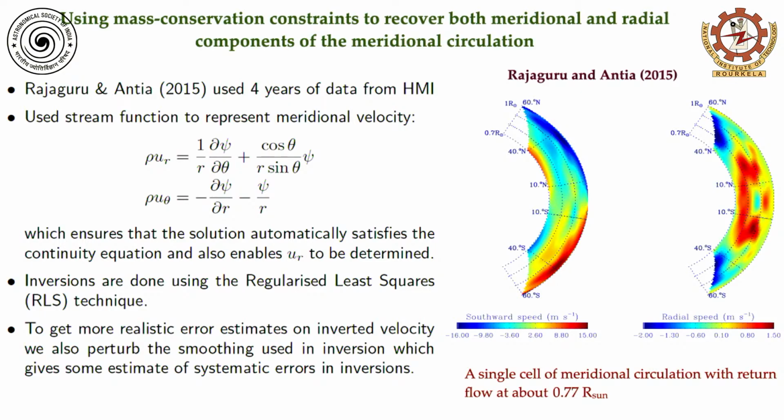I formed a team with Antia in 2015. We used the same data, a little longer data. We used additional constraints while doing the inversions. We implemented mass conservation. Then we found that the measurements actually give a single cell, as you expect, to match what dynamo theory requires. So this was published in 2015, but then